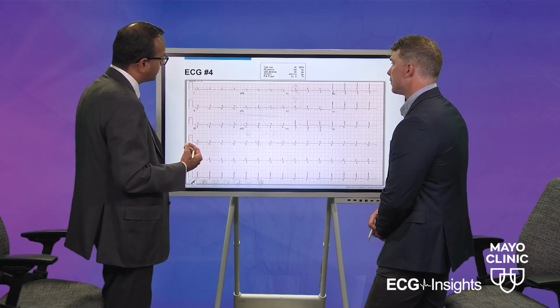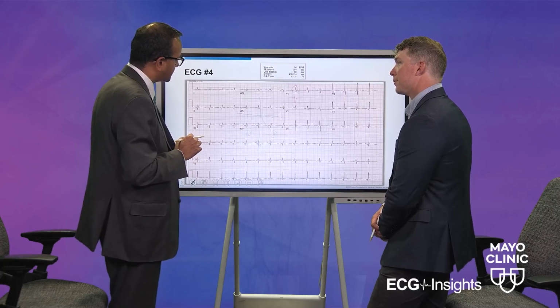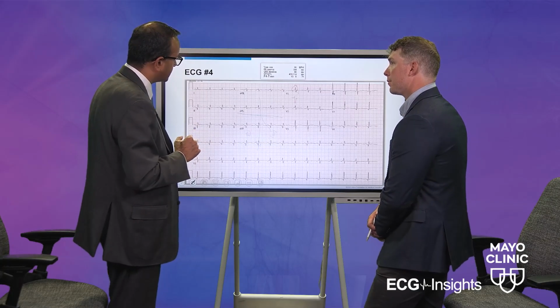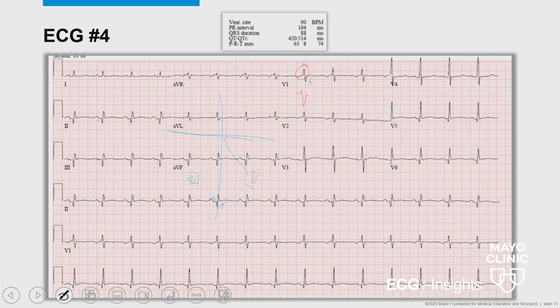That would be any left-sided accessory pathway, any pacing occurring from the left side, right bundle branch block because activation is now starting from the left ventricle, certain rotations of the heart, Duchenne's cardiomyopathy, and some variants of hypertrophic cardiomyopathy. These are some of the causes why you would get a prominent R wave in V1 in certain patients. So this is a nice ECG to illustrate that in the setting of an old inferior wall MI, the patient probably also had an old posterior wall MI, and that's why V1 shows a prominent R wave. Absolutely.